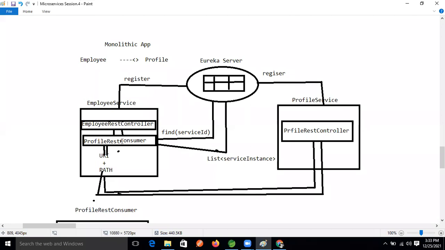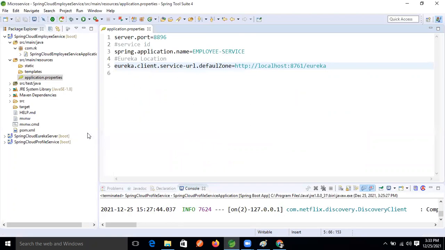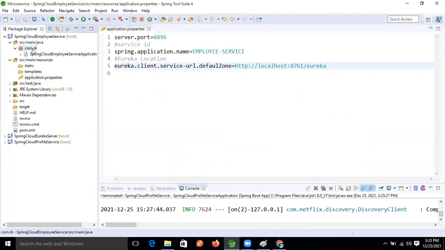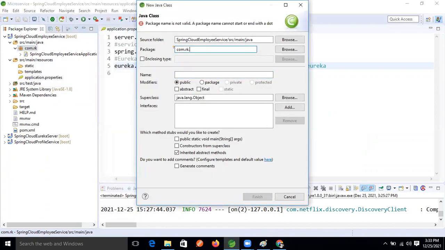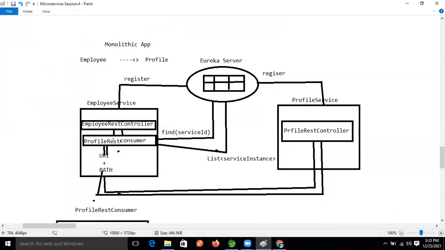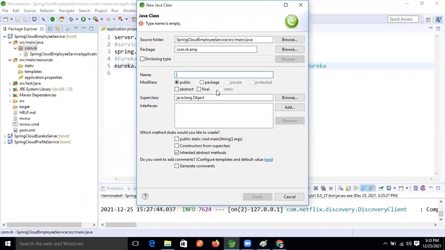So here, in this project, take the package com.rk, and take one class, that is Emp. Here in the employee service, this area we are going to develop now. So here we are taking one employee rest controller.